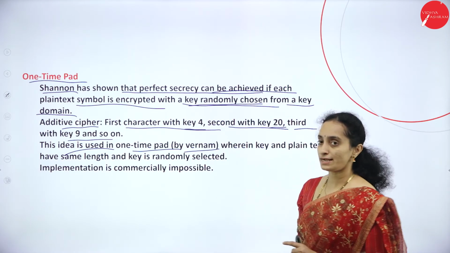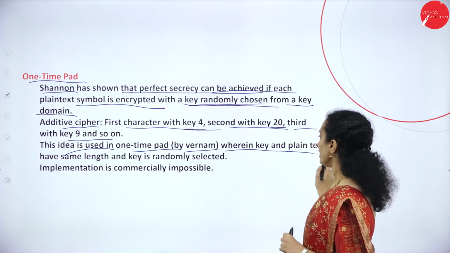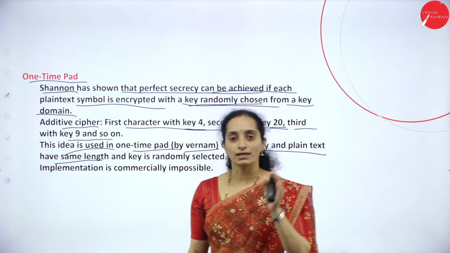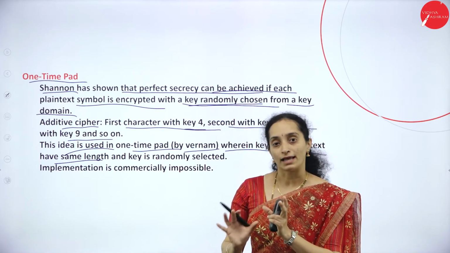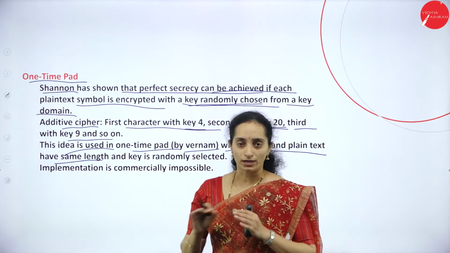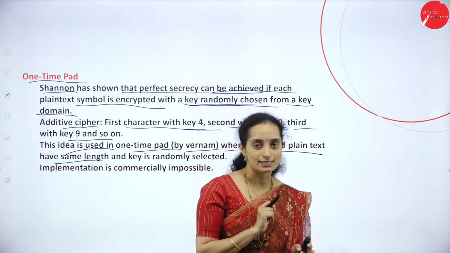Which was designed by another scientist known as Vernam, wherein the key and plain text have the same length. However many plain text characters there are, that many keys will be used. What happens in the additive cipher is, whatever the length of the message, only one key is used, isn't it?